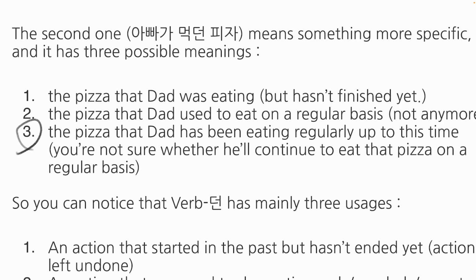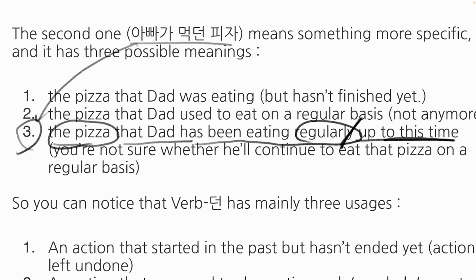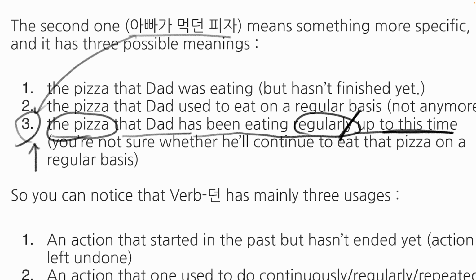And the third meaning of 아빠가 먹던 pizza would be the pizza that dad has been eating regularly up to this time. And for the third meaning, it's used when you're not sure whether he'll continue to eat that pizza on a regular basis. But as far as you remember, up to this point at least, this is the pizza that he has been eating regularly. If you're sure that he'll continue to eat that pizza, you can say 아빠가